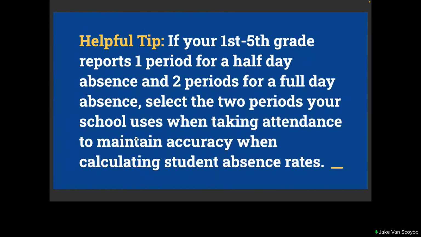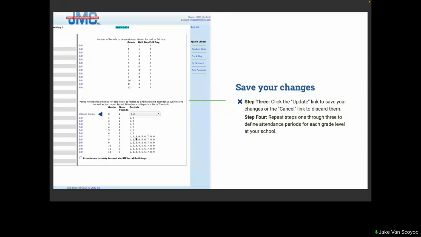Helpful tip, if your 1st through 5th grade reports first period for a half day absence and second period for a full day absence, you would select the 2 periods your school uses when taking attendance to maintain accuracy when calculating student absence rates. Step 3, click that update link to save your changes, or click the cancel link to